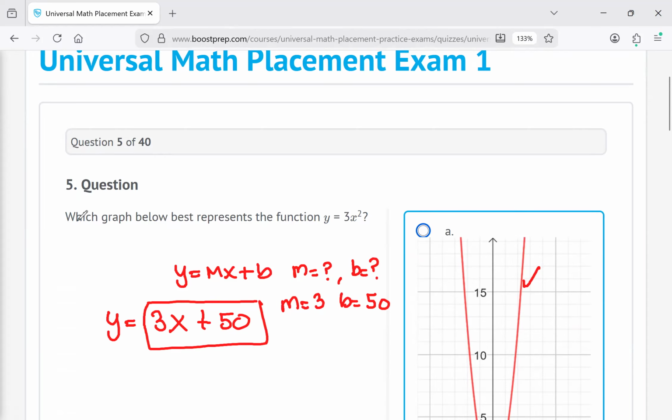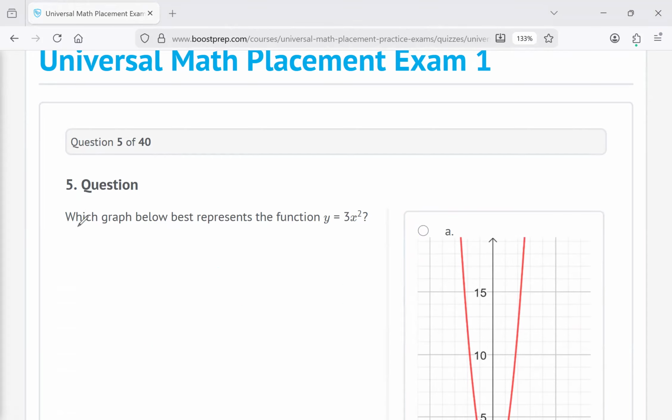Question 5, which graph below best represents the function y equals 3x squared? So y equals 3x squared. What do we know about this graph? You can make a table, but it's good to know, I would list down everything you know about this graph. I know it's a quadratic,